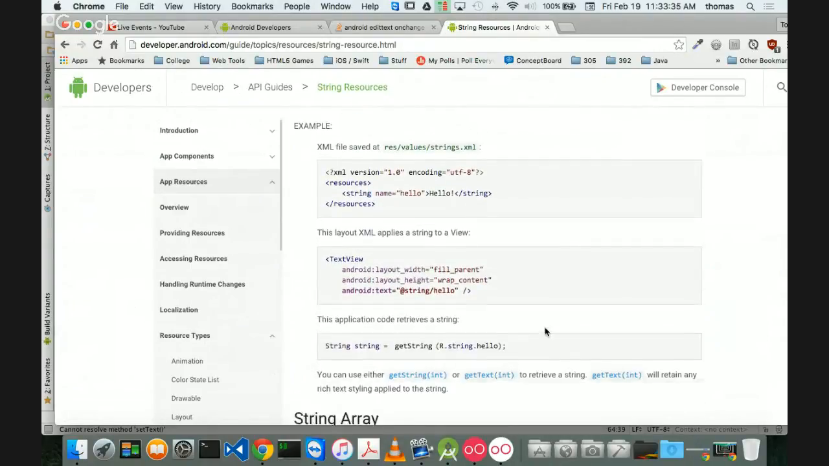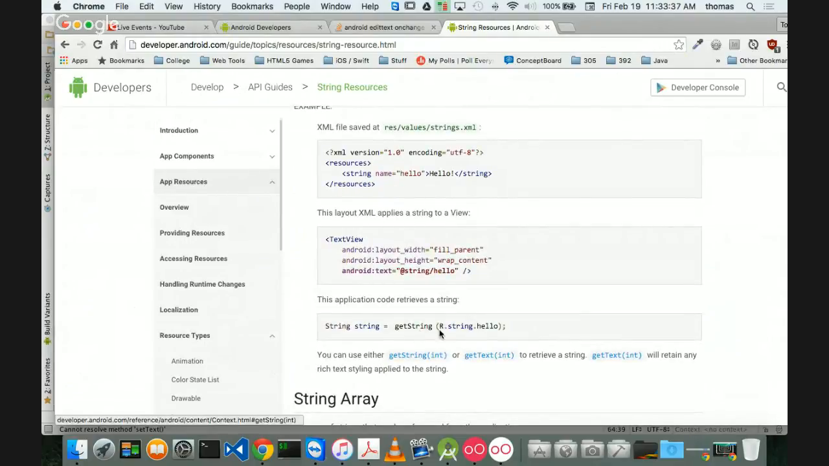So I want to pull up the string resource in code, get string r.string.hello, right? That's it right there. So instead of using a new string, I'm just going to use the getString method that's built into the application and use the